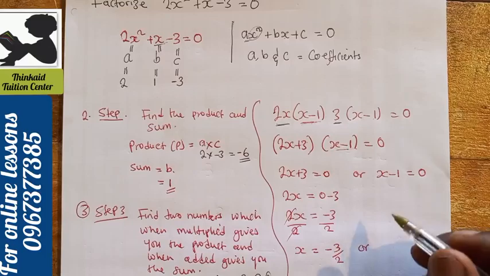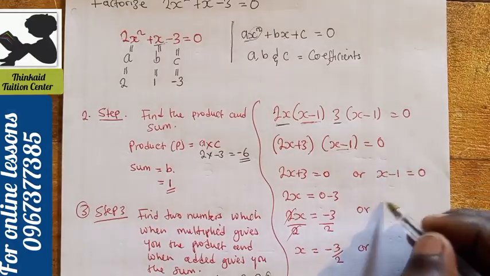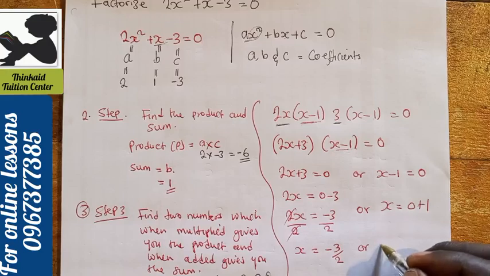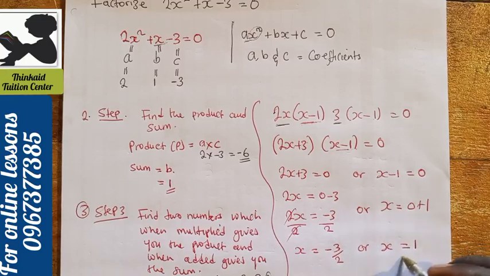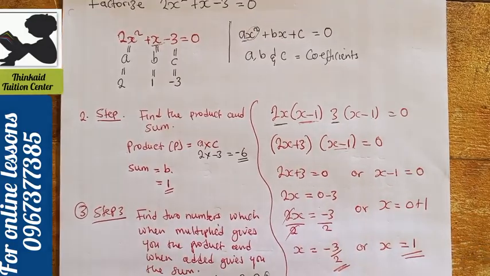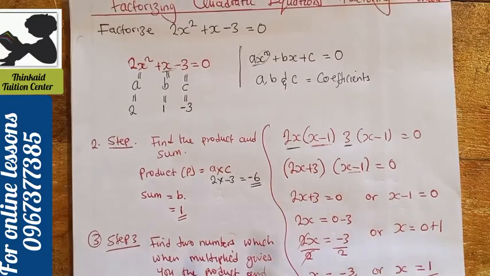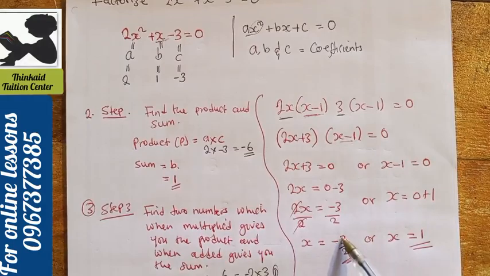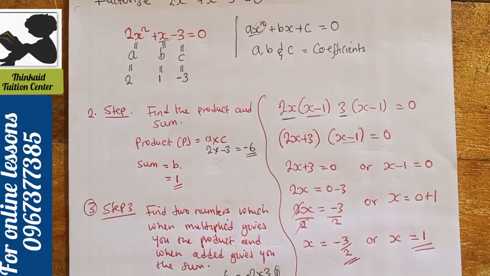Or here, x is equal to 0 plus 1, meaning x is equal to 1. So these are the two answers that you get for this quadratic equation here. If you factorize this quadratic equation, the final answer is going to give you x equals negative 3 over 2 or x equals positive 1. Alright, I hope this will make sense. Please try to follow this step by step. And from here, we're going to answer a sample of past exam questions, and the first one will be